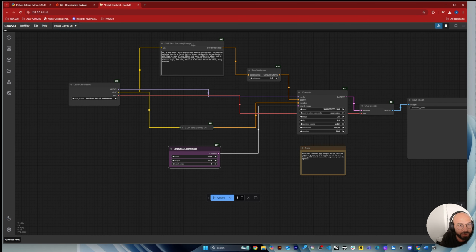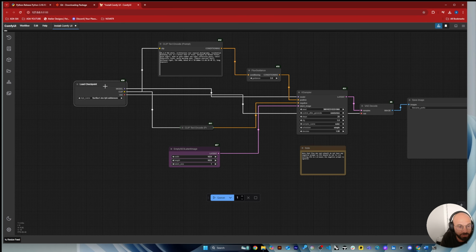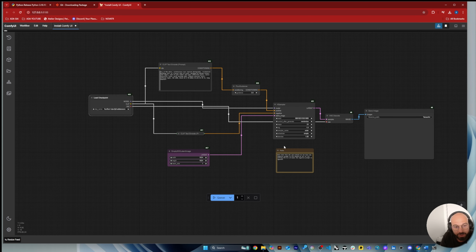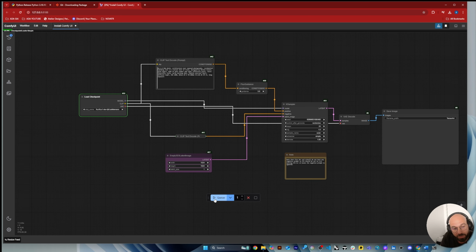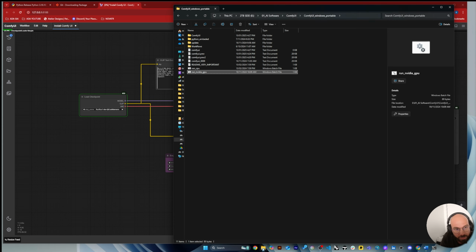So if, for example, I want to run this default script, which I recommend you do, I click on Queue. If it doesn't recognize the checkpoint, it's because you don't have a model downloaded. So I'm going to show you how to download the model and where you can find it. If I go back to my Comfy folder,